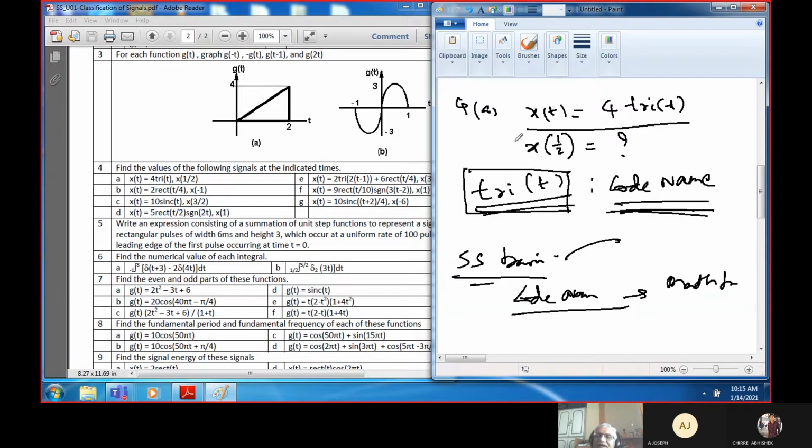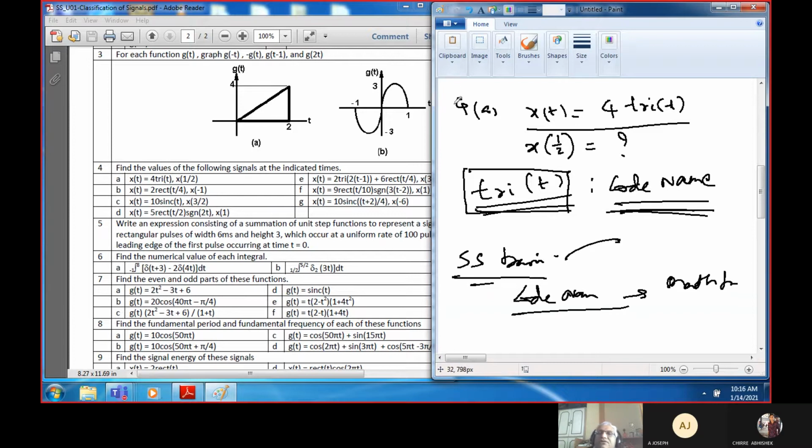So what is our objective in this particular video? Our objective in this video is, in this problem, let us identify all the new functions which are given code names. Code name is given. You can very easily understand. So first we will try to define them mathematically. And then practice them. Let us try to understand how to substitute the value there and then plot the function or find the value of the function at the given time. Okay, so let us do that.